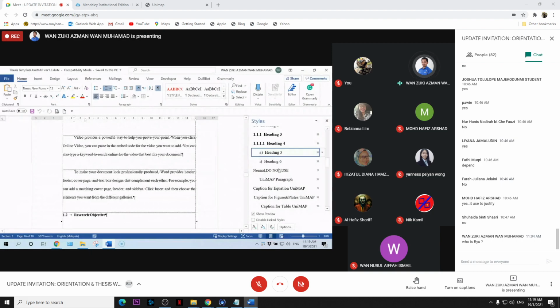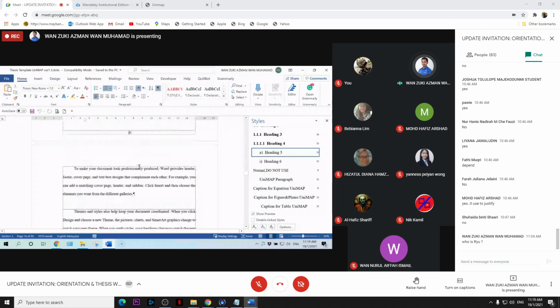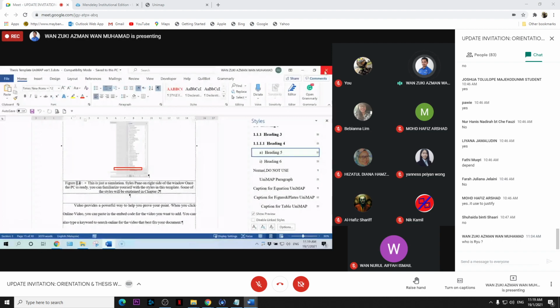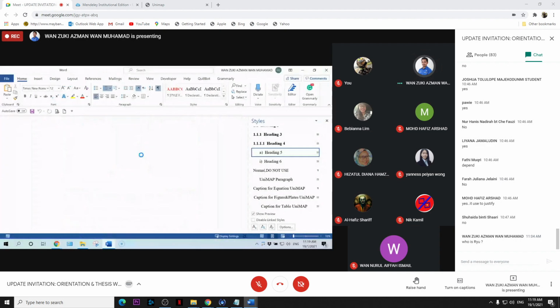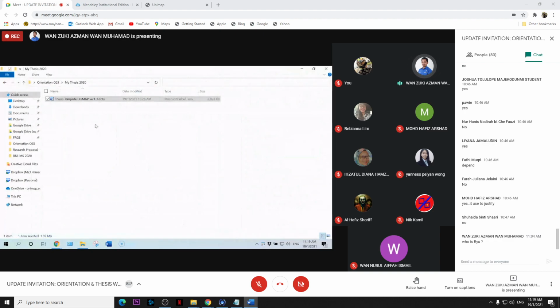After you see the style and remember it, you just close the template. No need to modify, because the style that we provide in the template is still acceptable. Alright, so now we start writing.